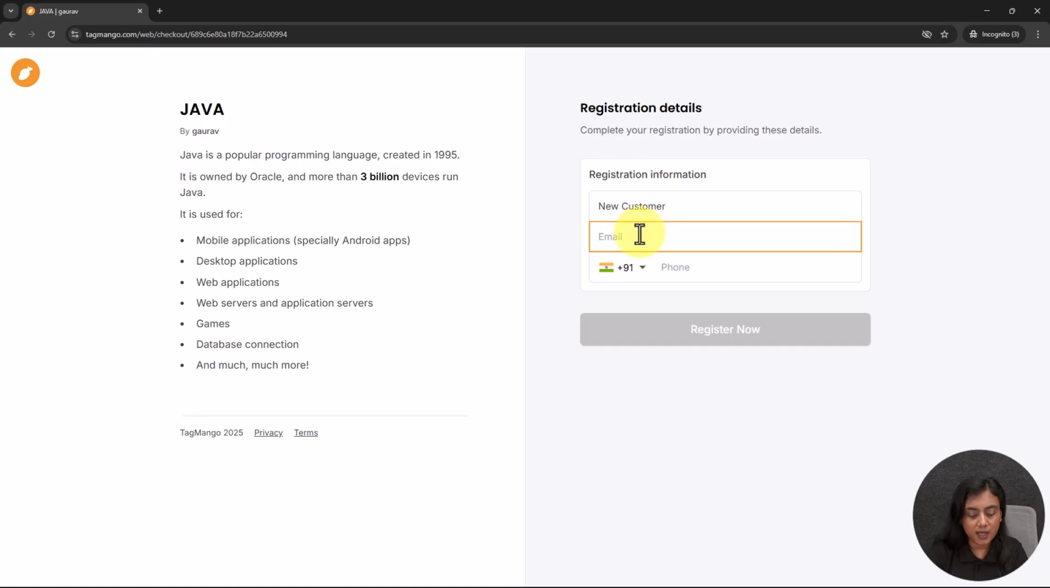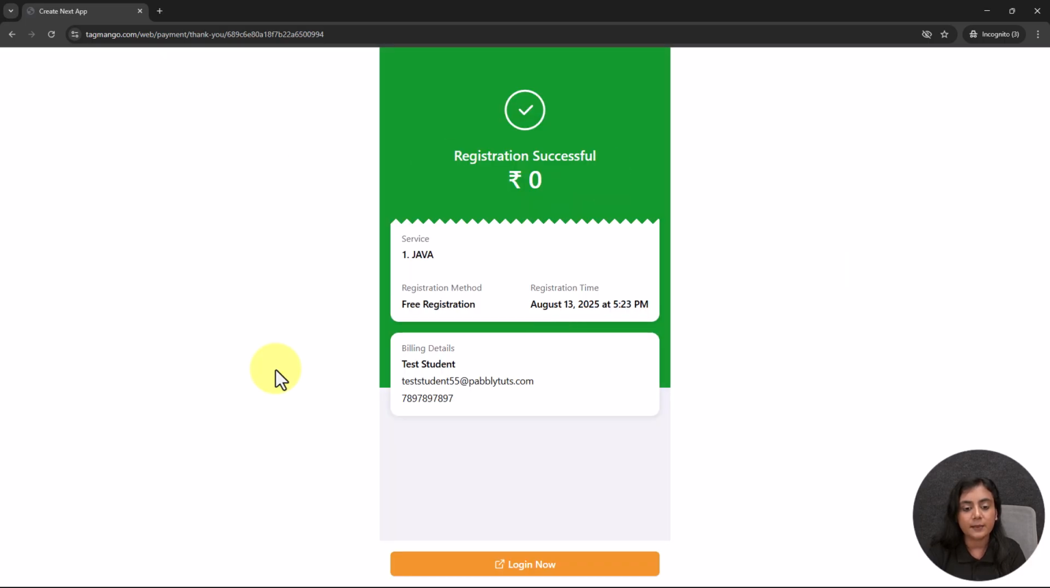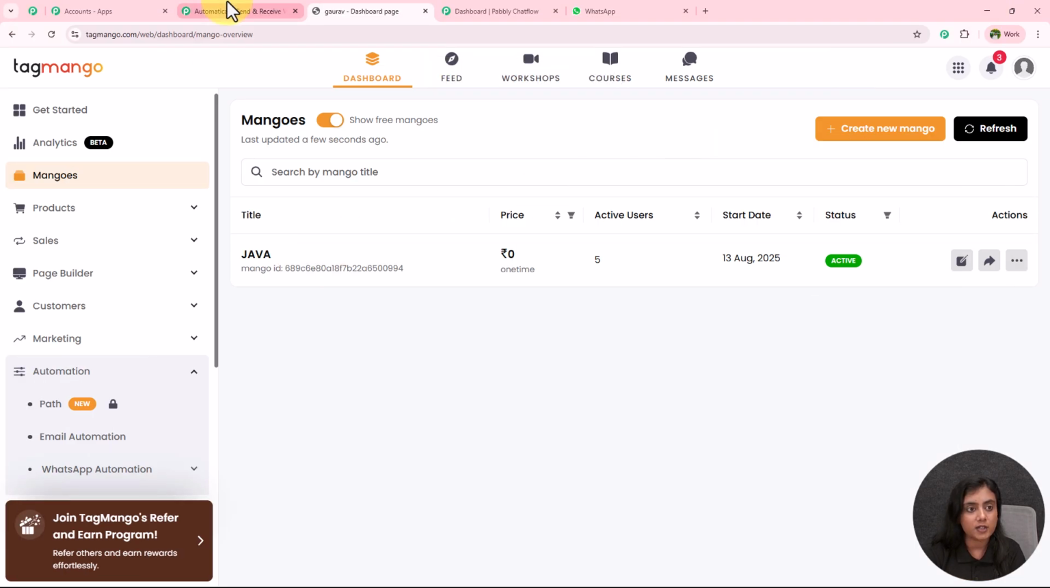For the email address over here, I'm going to write new33@pabblytudes.com, and for the phone number, I'm going to enter a dummy mobile number right here and click on this Register Now button, okay? As I do that, you can see right over here, the registration has been done successfully, okay? As the registration is done, I'm going to go back to the workflow that I've created